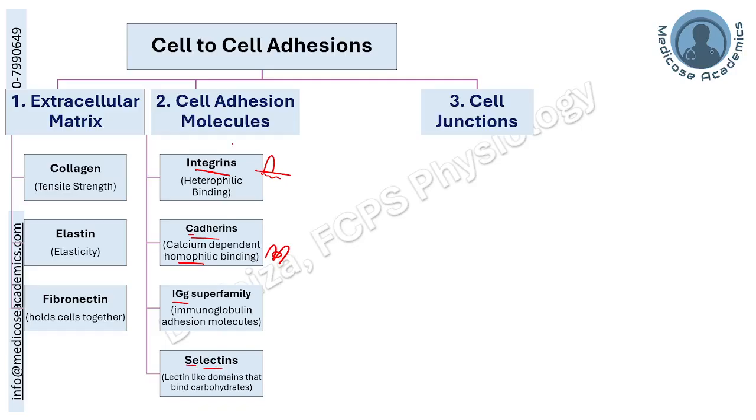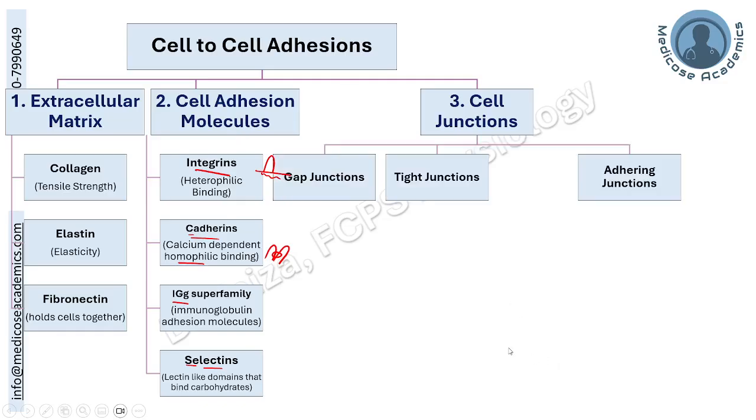These four types of proteins act as the cellular adhesion molecules in the cells, and these are also involved in various cellular junctions. Those cellular junctions are majorly of three types: gap junctions, which help in the transport of materials between two cells; tight junctions, which tightly occlude the passage of any material between the cells; and the adhering junctions, which help in keeping the cells together.